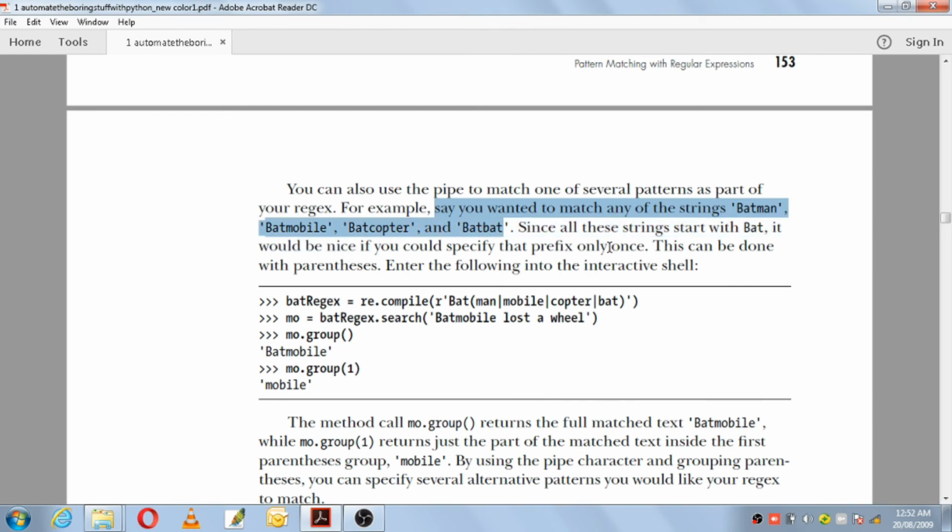For all of these strings, bat is common. So you keep the prefix common and just keep giving the suffixes. Since all the strings start with bat, it would be nice if you could specify that prefix only once.